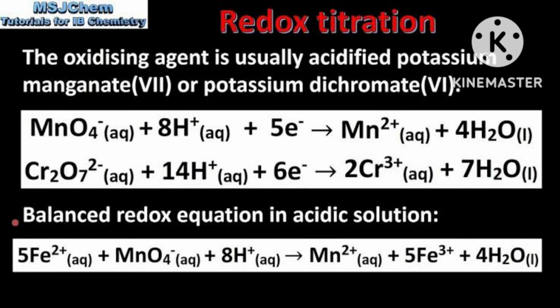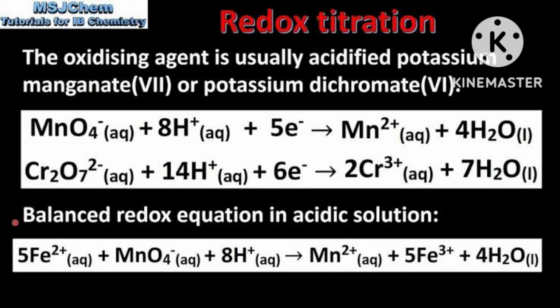And these two solutions, copper sulfate and ZnSO4, you have taken in separate beakers, Zn in ZnSO4, copper in copper sulfate. Then through one U-tube, you will take one U-tube, and